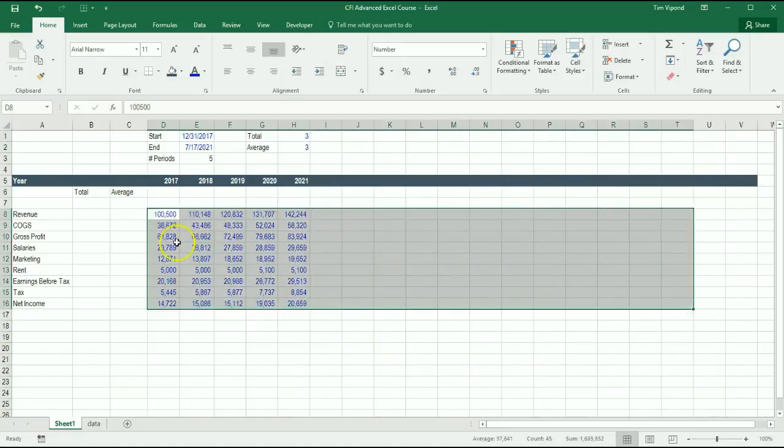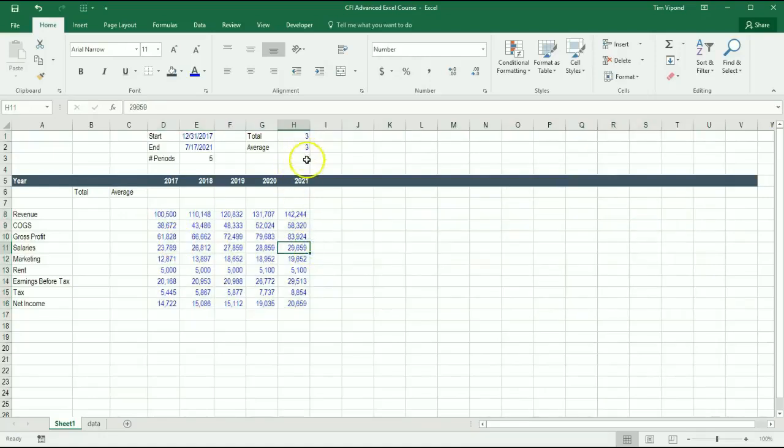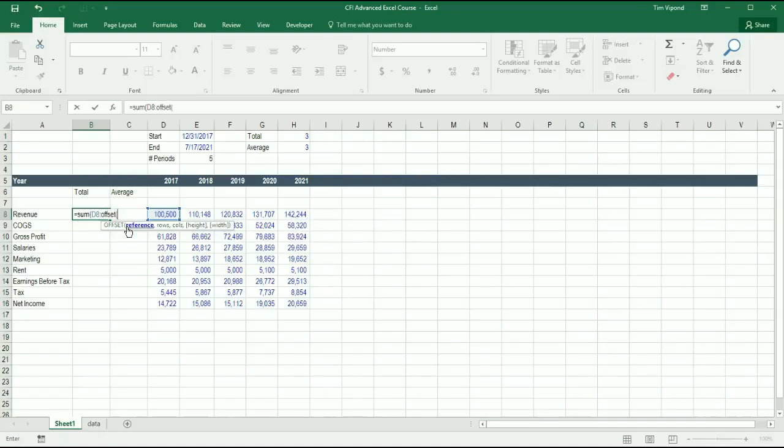You can imagine if we fill this out with several years of historical and many years of forecast, I may just want to take a 3-year average instead of all these years. So what I can do is set this equal to sum, and I'm starting in cell D8. I want to take the sum from cell D8 to, so I press the semicolon, and then I use the offset function. Offset moves the cursor,